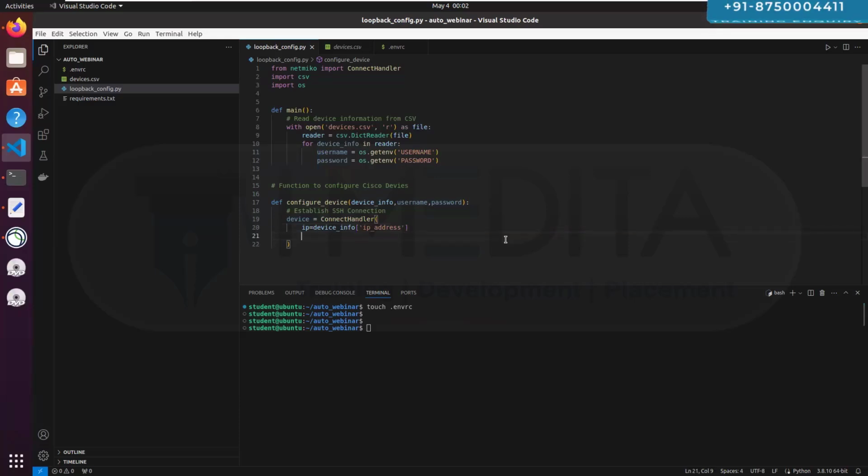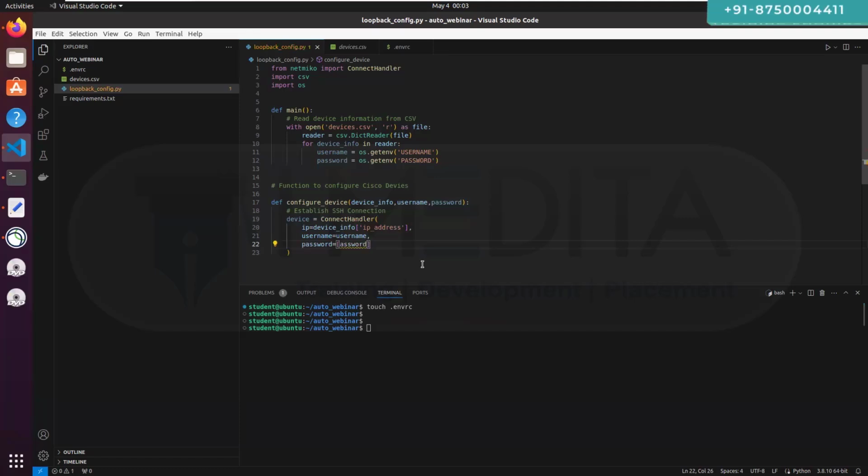Same I'm going to do with the username. Now, username is not part of that dictionary, so I can just simply return username as username. This is key, this is value. Value name is also the same, right? I'm putting it inside the variable. You can keep it something else to avoid any kind of confusion. If you use the same, there is no harm. And then you have to use a comma. Over here also, you have to use a comma because you are defining a connect handler dictionary structure. That's why. Then I go and give the password